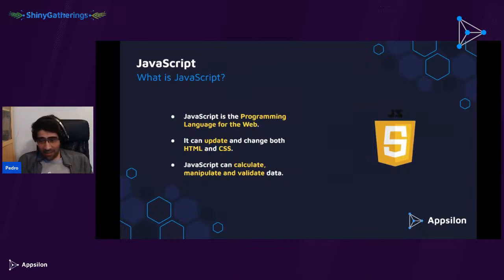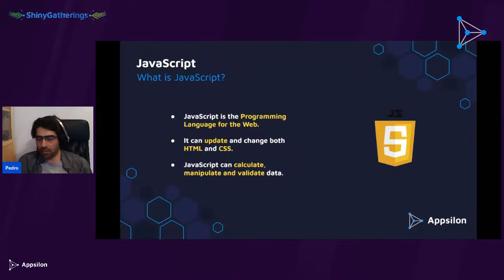And finally, JavaScript. JavaScript is basically the programming language of the web. I know that nowadays there's a lot of programming language of the web wannabes. So there's a lot of languages that say that they can be used for creating things in the web, and it is true. But JavaScript is still the core. If you know JavaScript, you can do something for the web. You don't need to have any other language.